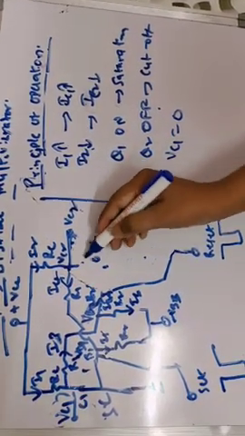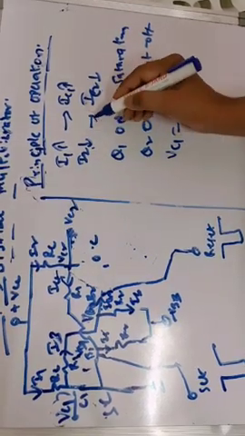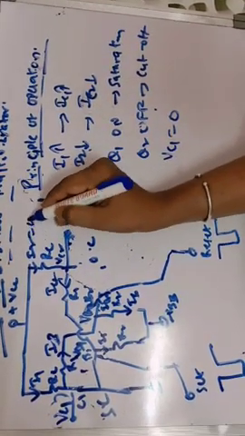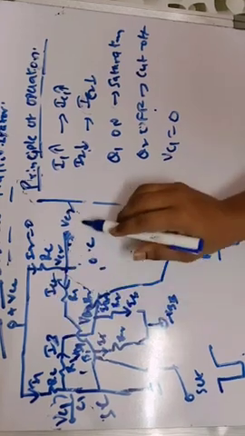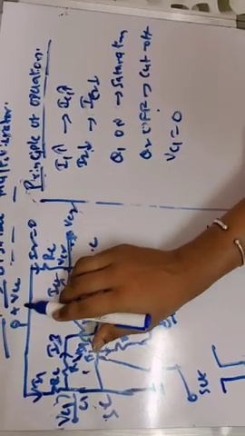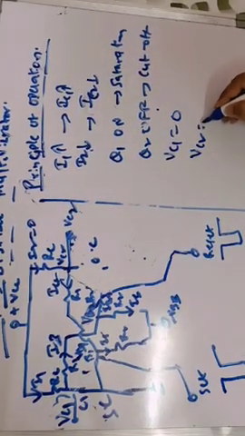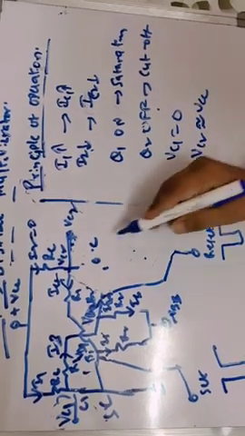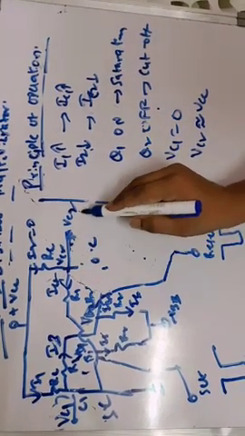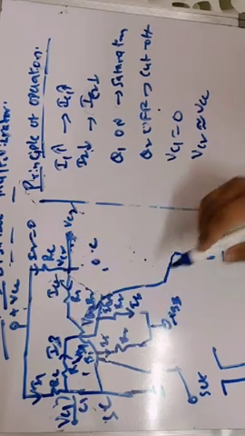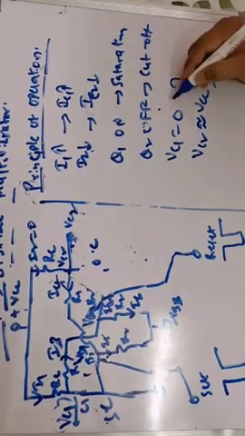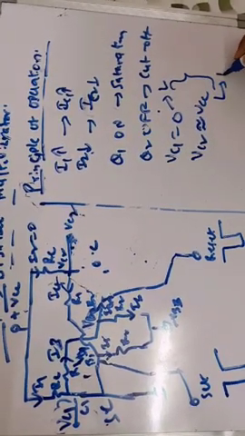Here it is open circuited and I2 still goes on decreasing, finally it becomes 0. If it is 0, then VC2 is approximately equal to VCC, because there is no drop across this resistor. VC2 will reach the value of VCC. These are the two output levels: this is the low voltage level and this is the high voltage level.